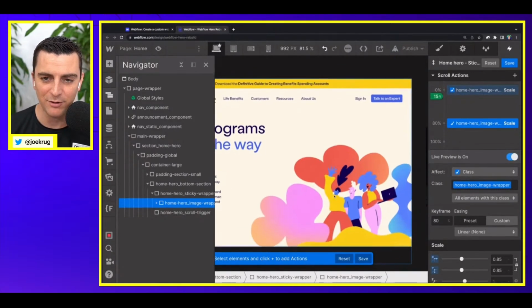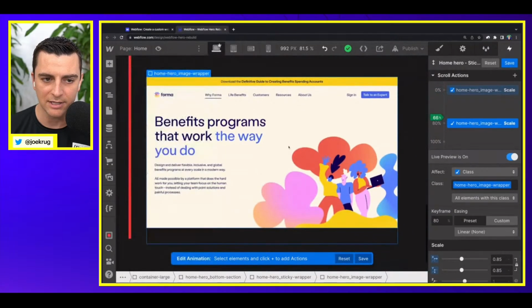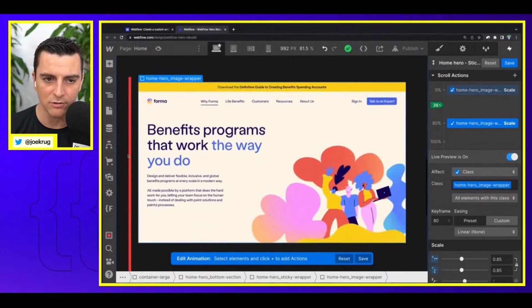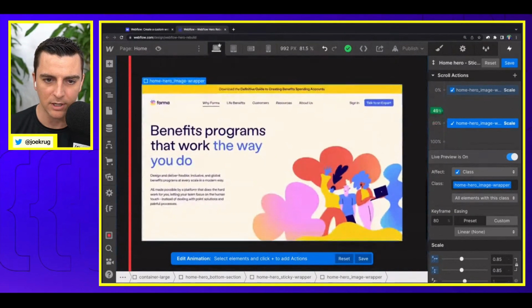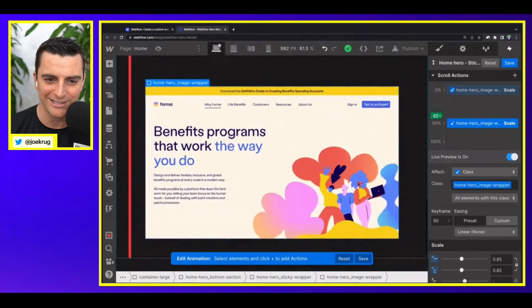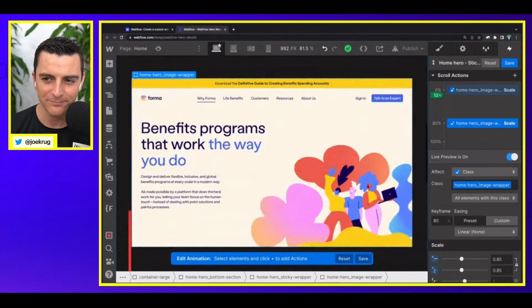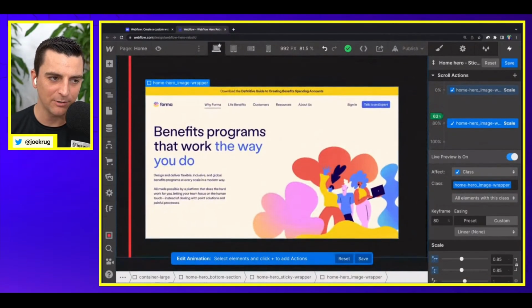So let's do a quick live preview of that. We're going to scroll, scroll, scroll. Let's see that trigger here. See, we have our trigger, cool. And there we go. We got some great scaling going on. Now, the next thing we're going to do after this